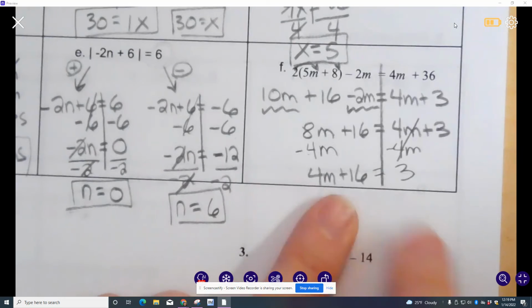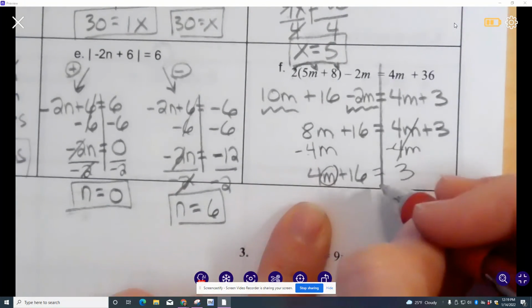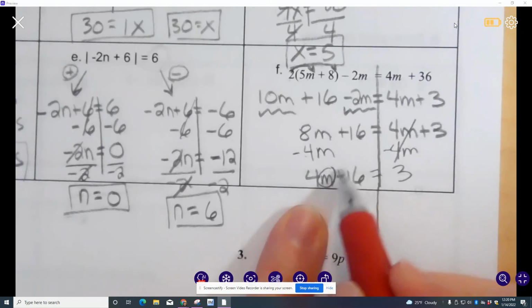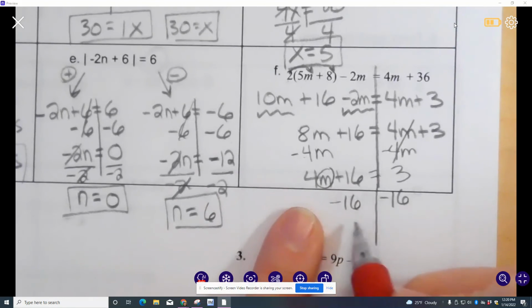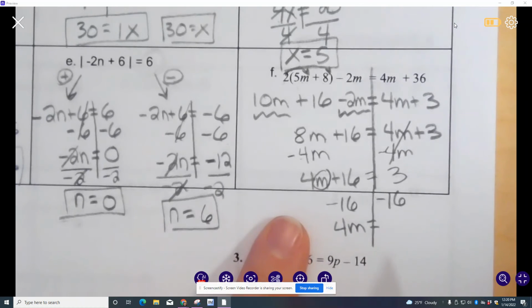Get your fingers out. Finally, only one variable. This is a 2-step, so now you can just keep solving your 2-step. Undo addition and subtraction first. Minus 16 from both sides. 4m equals